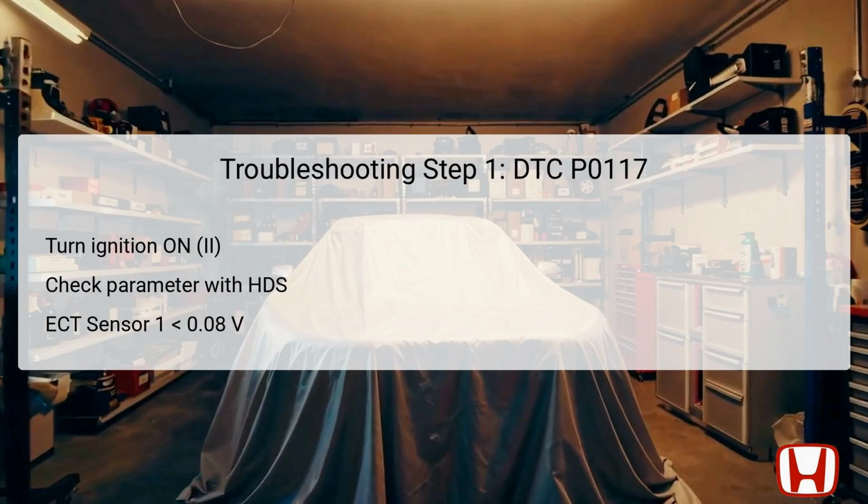To start troubleshooting DTC P0117, the first step involves verifying the problem by turning the ignition switch to the on position, second position. At this stage, the Honda Diagnostic System, HDS, must be used to check critical parameters, including the ECT Sensor 1 voltage reading. The expected value should be less than 0.08 volts. If this condition is met, it indicates the failure has been replicated and you can proceed to the next steps